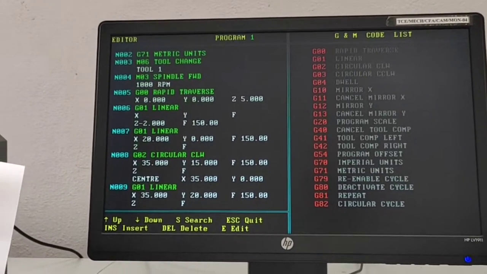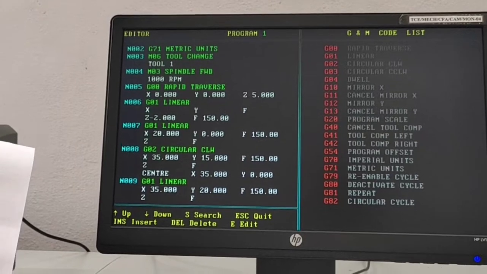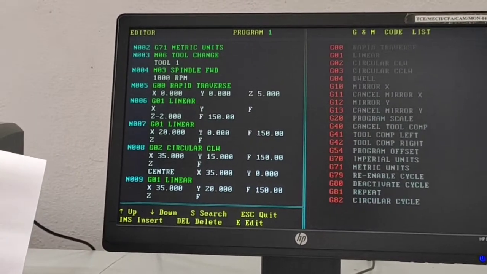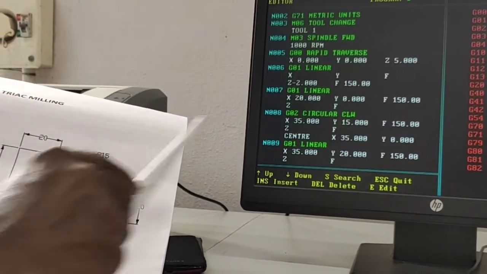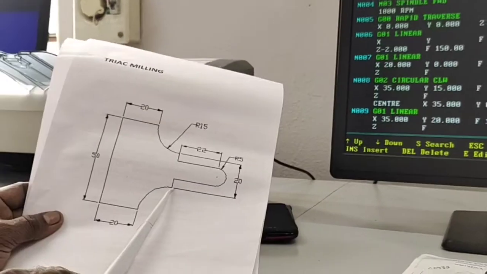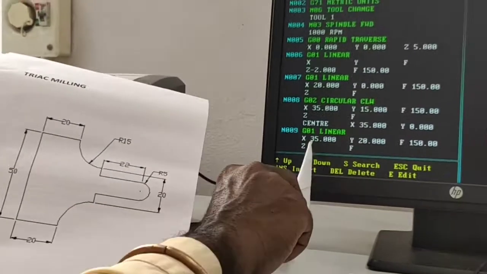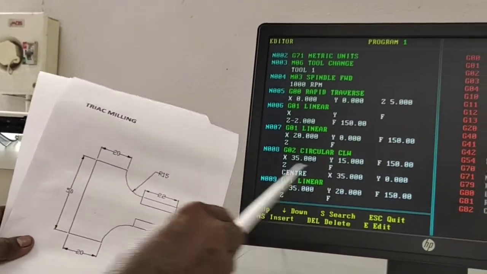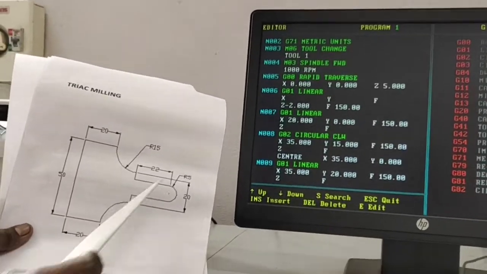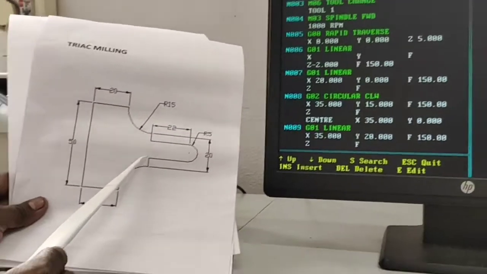The next line is a linear move, moving vertically or horizontally. So G01, what is the data? X35, Y20. There is no change in the X axis; only Y changes from 15 to 20 mm. So X35, Y20 is this particular point, and the tool moves from here to this point.